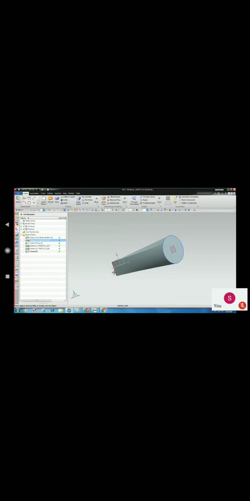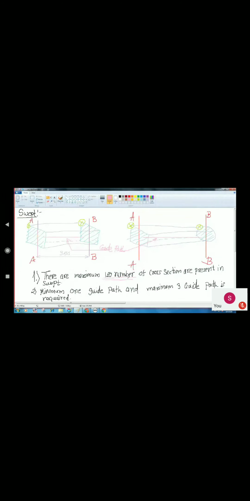So between different sections also you can create the swept. But what is the limitation? Maximum 150 number of cross sections only can be generated. Minimum 2 is compulsory, maximum 150. Now you may have a question, what is the command if you want to create the material between different sections, but that section is more than 150. In that situation, there is an alternate command given that we will see in the next class.